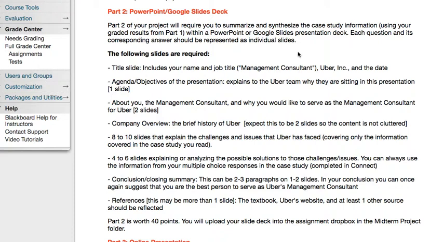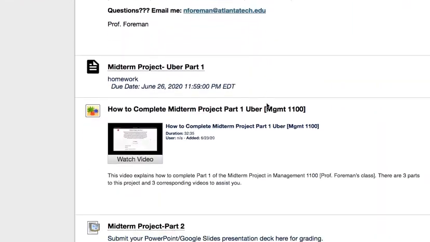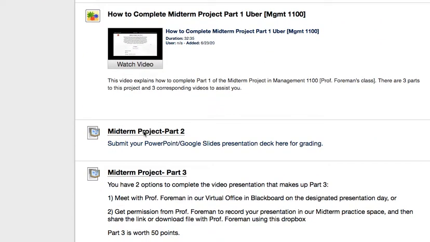And then when you're done with that and you've double checked it, you've made sure it has no spelling, grammar, punctuation, or formatting errors, that it has the right color scheme, and if you've added some pictures or typographics, that they're appropriate. Once that's all done, you'll come into the midterm project folder, and you'll scroll down and you'll click right here on midterm project part 2,